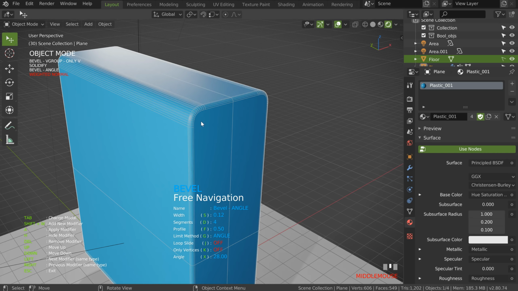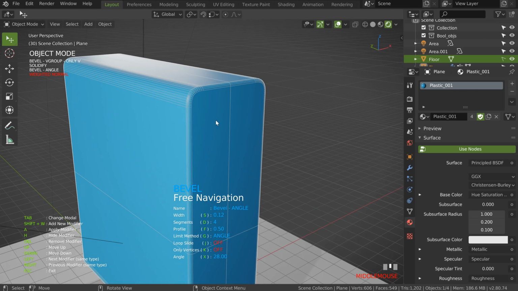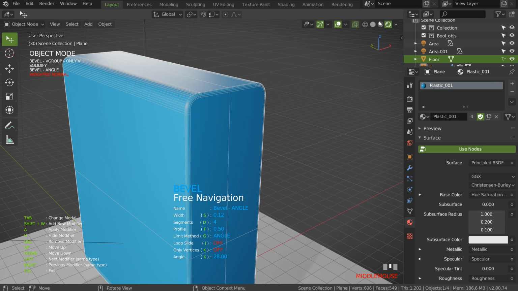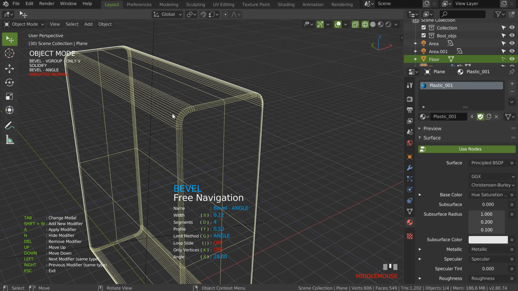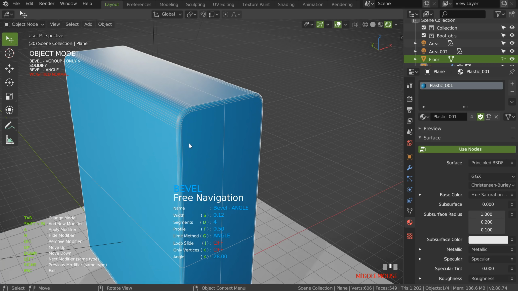This is nice. You can press 2 to hide only the wireframe, 6 to see the result, 7 to see the normals, 8 only to hide the grid, just like that. So 3 for the X-ray, but it seems the X-ray is not working on the Eevee, 4 wireframe, etc, etc.